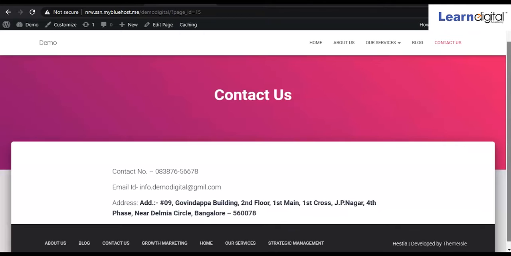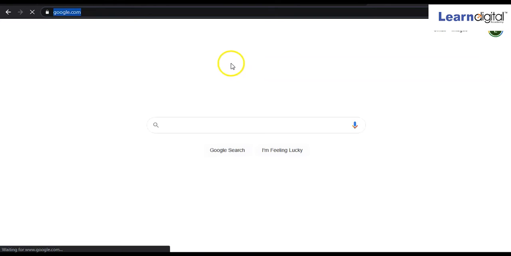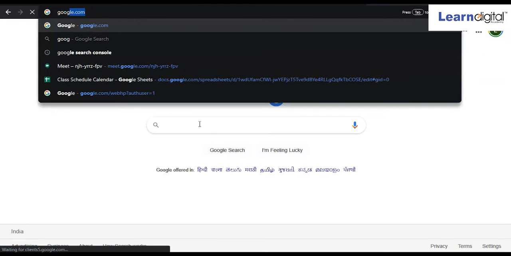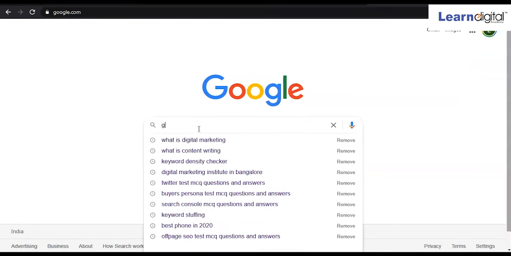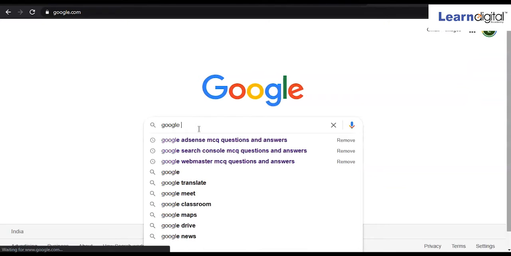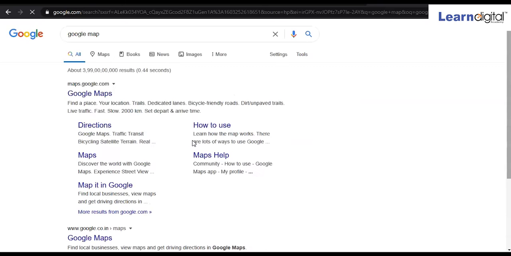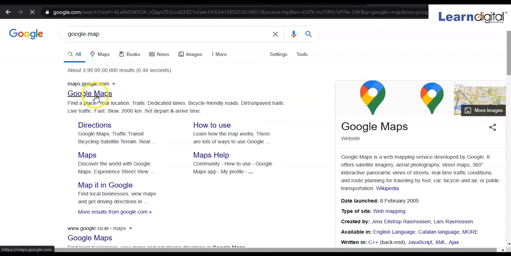For integrating Google Map, we have to go to Google Map in our browser. So just come here in Google and type Google Maps, and click on that.